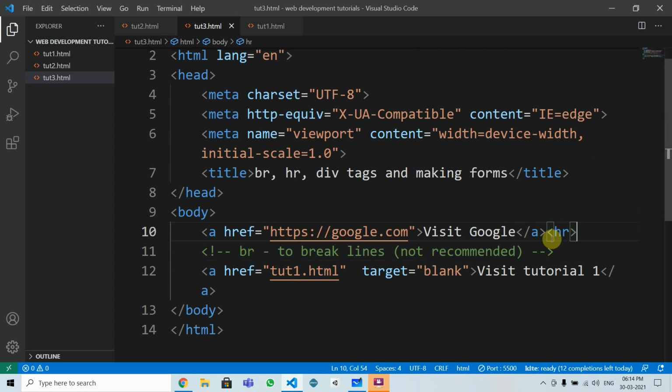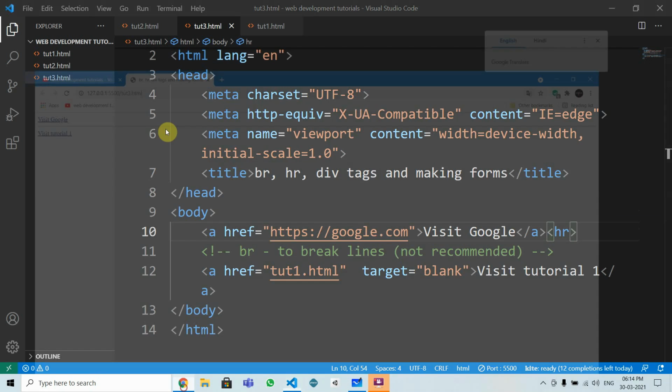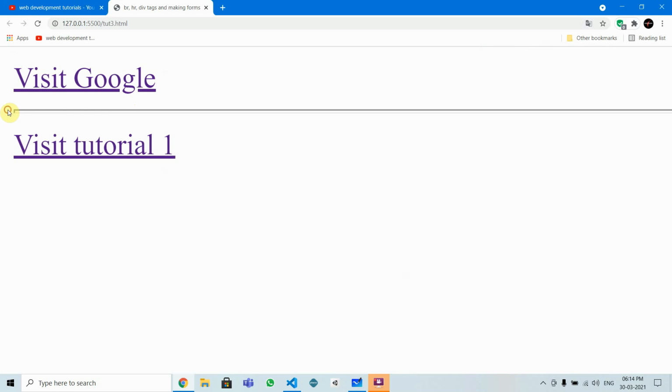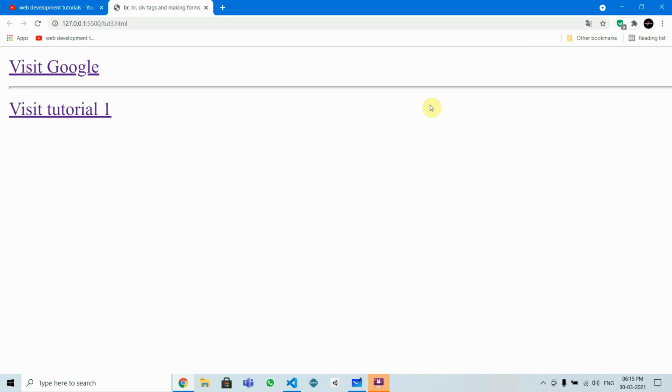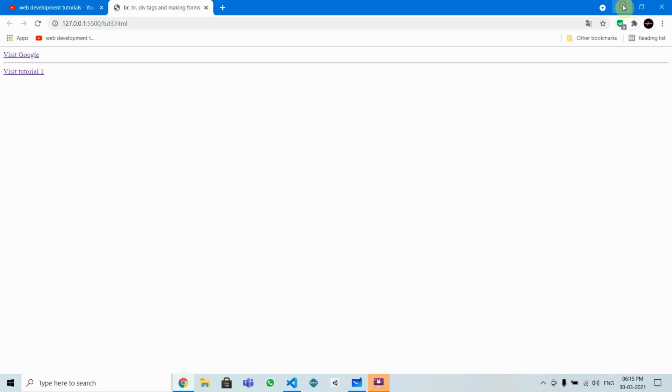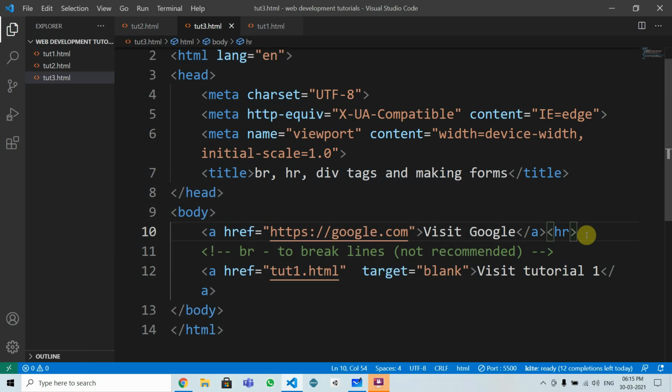So what is the hr tag? It makes a line between two things. Like you can see here, it has made a line between these two. It divides things. On some websites it is useful. So now what I will do,